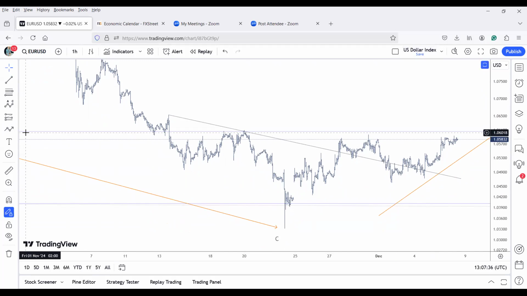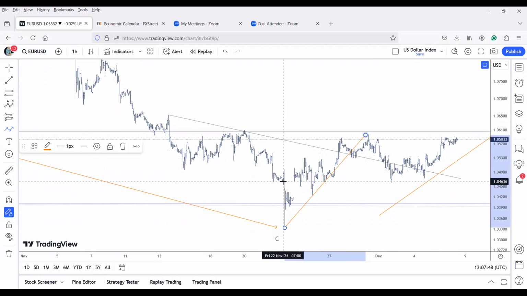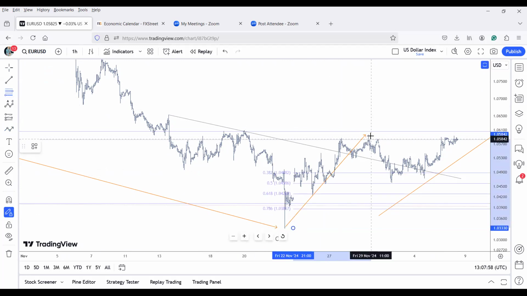Okay, so which boundary? The boundary which is being worked upon right now, or could be worked upon right now, is this one. All right, step by step. Once you are through with the boundary, and once you're through with the larger degree time frame and the larger degree trend probability, you just find out the recent boundary which could be worked upon and pull out your Fibonacci